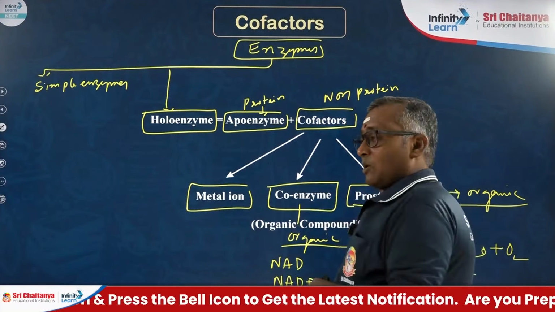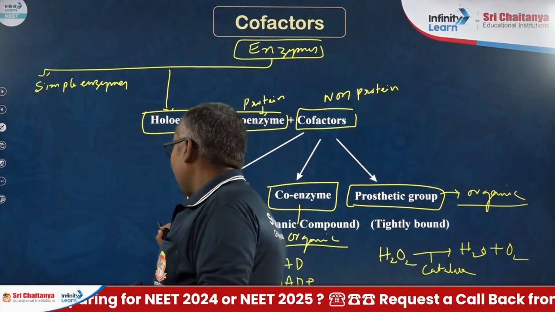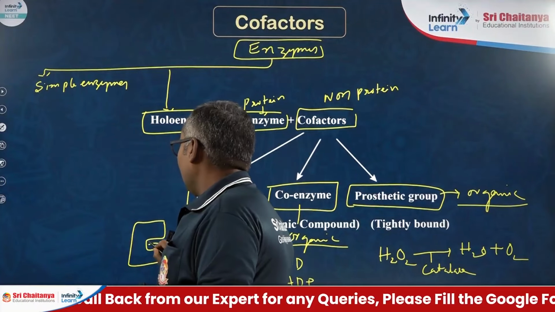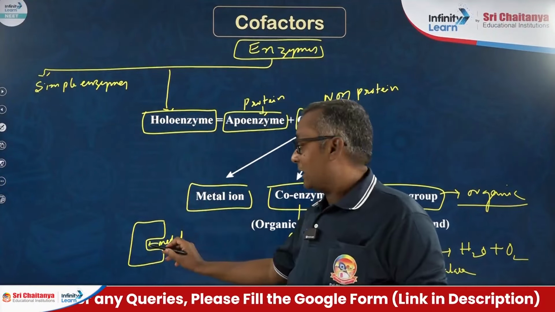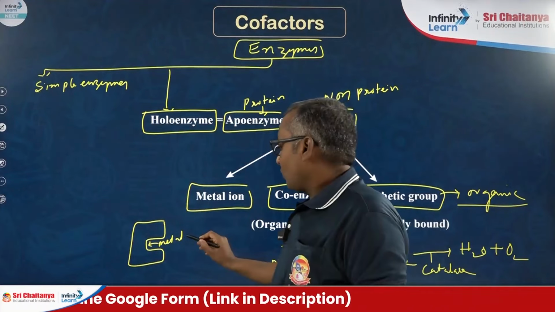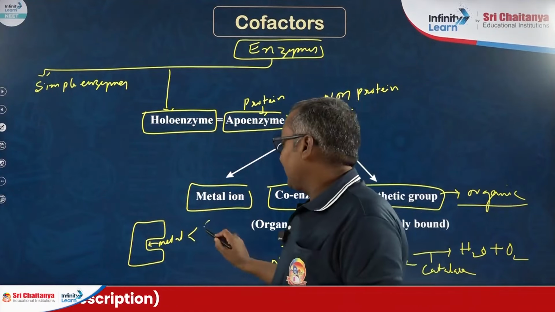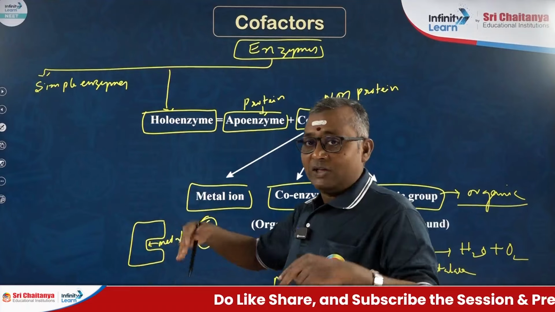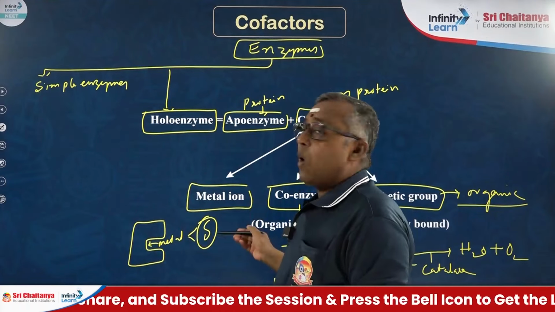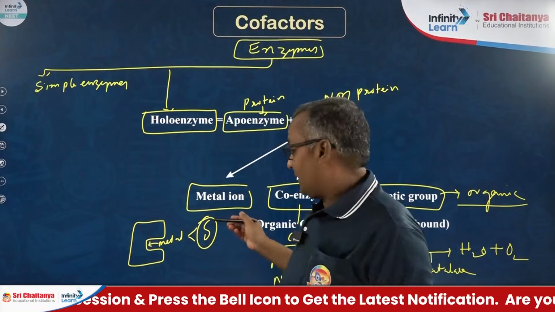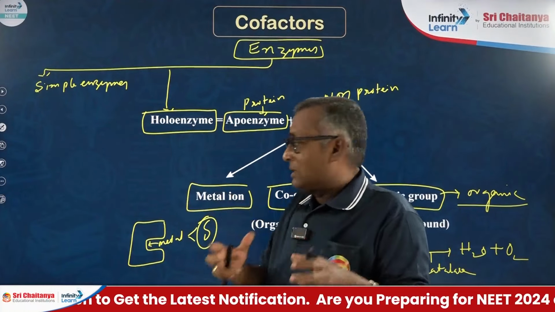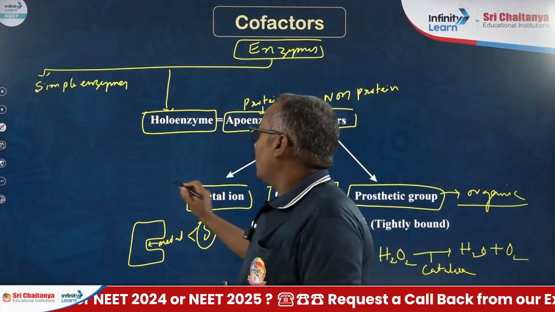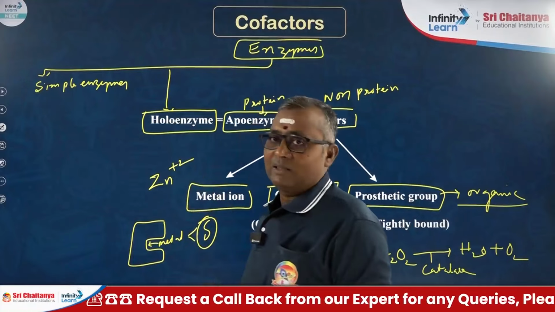The metal ion cofactor forms a coordination bond with the side chains of the active site of the enzyme and also forms one or more coordination bonds with the substrate. So it also binds a little bit tightly with the apoenzyme part of the enzyme. One of the best examples, Zn2+, is a metal ion cofactor for